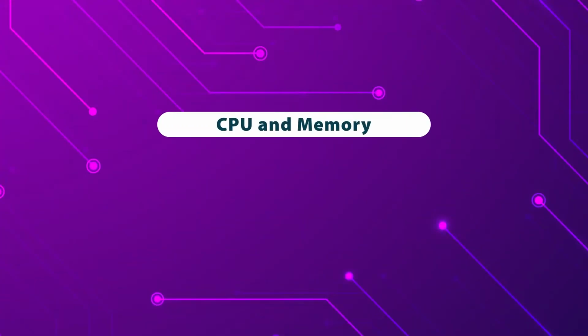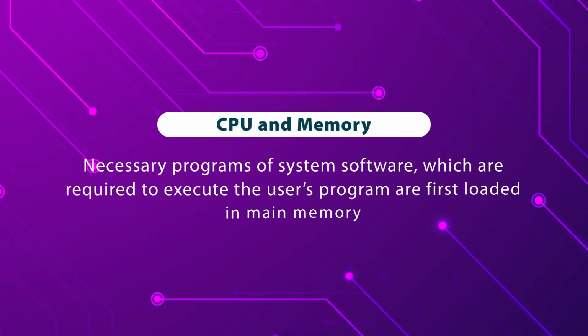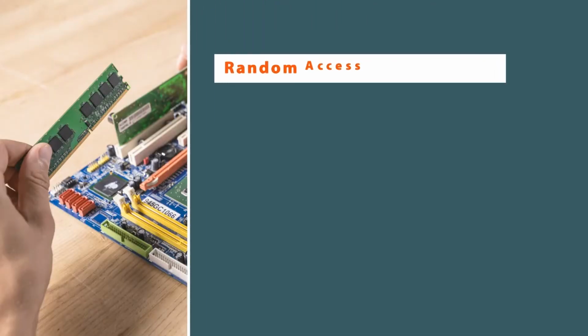The memory unit that directly communicates with the CPU is called our primary memory or primary storage. It is a very important component of the computer system. Once again I repeat, the necessary program as well as the required data are stored in it and executed by the processor, but they should be in main memory. It is random access memory. Random access means that it is not going to be sequentially accessed. Random means not sequential.